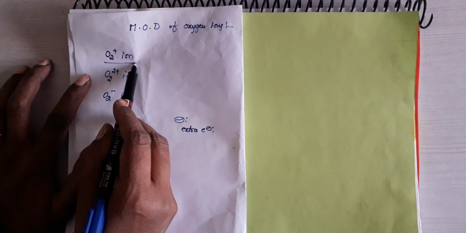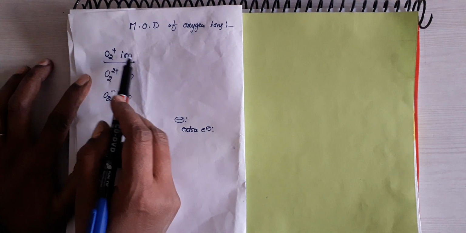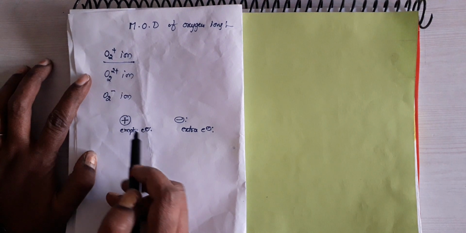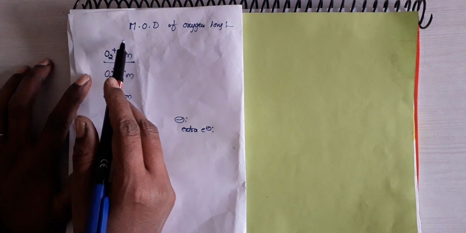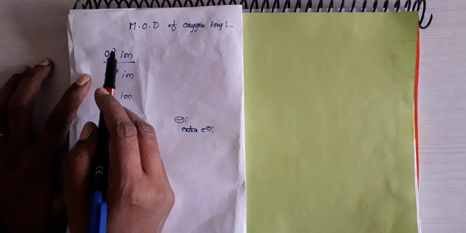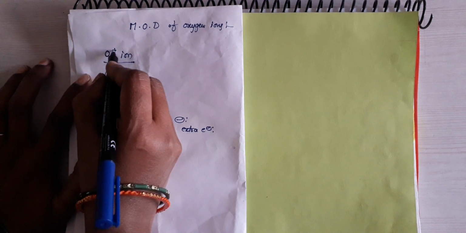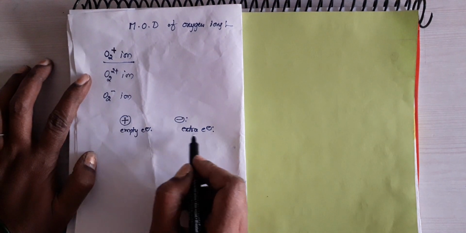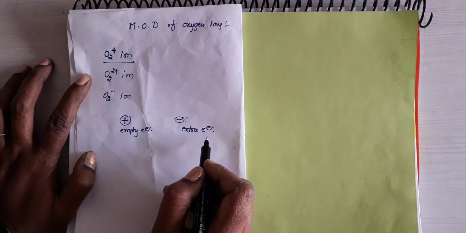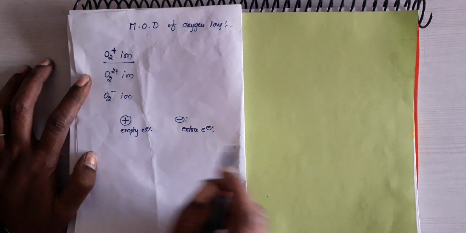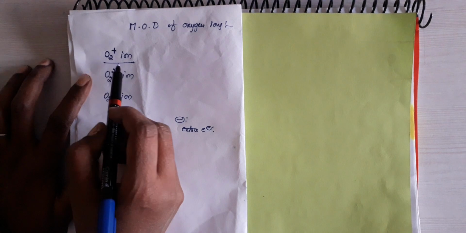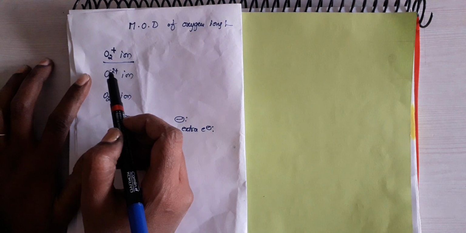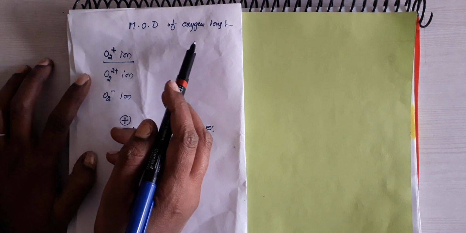You must remember this concept. Here O2 plus ion is nothing but O2 that has lost one electron. Loss of one electron is indicated with a plus charge, and extra electron or gain of an electron is indicated with a minus charge. So this is our topic today. O2 plus ion is nothing but oxygen that loses one electron. At that time, what is the molecular orbital diagram?